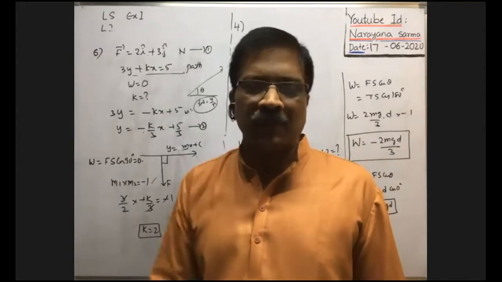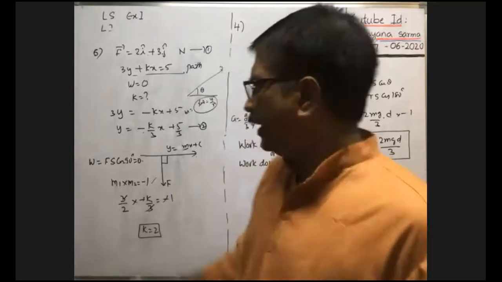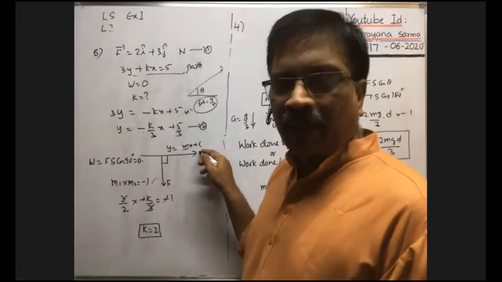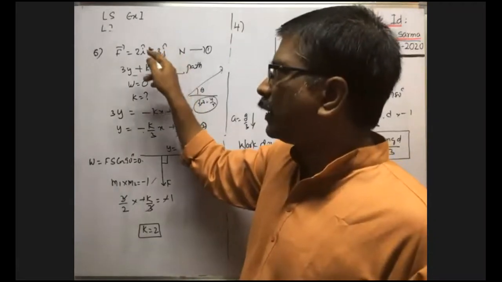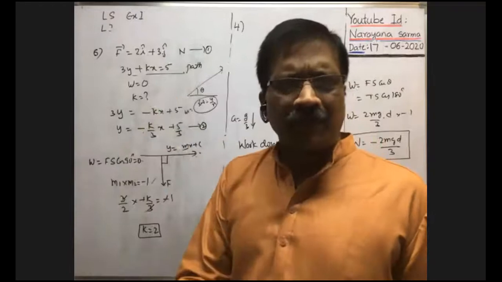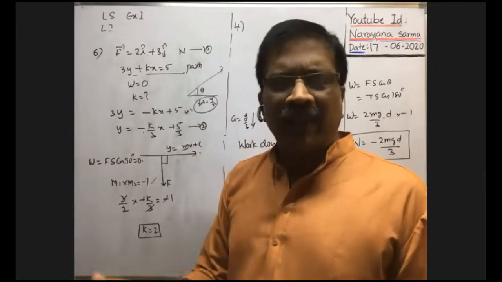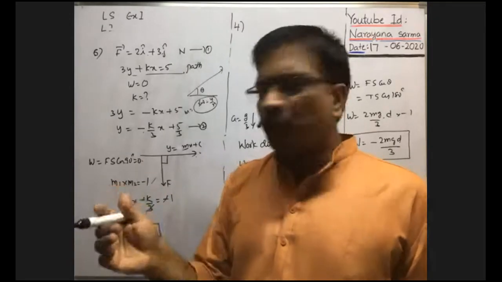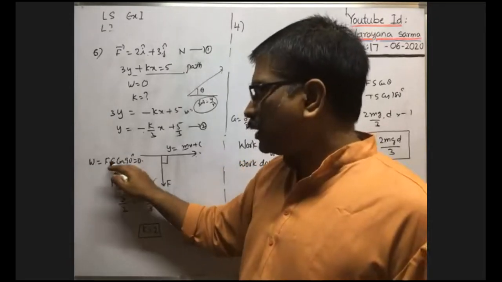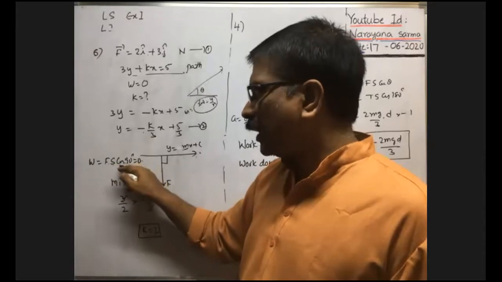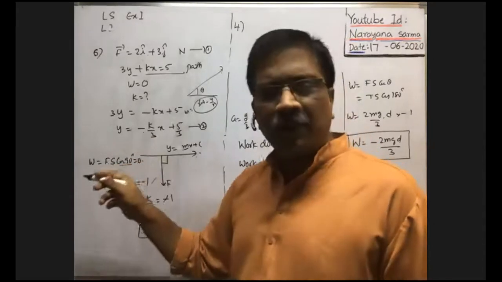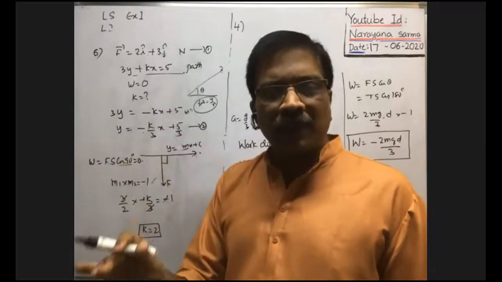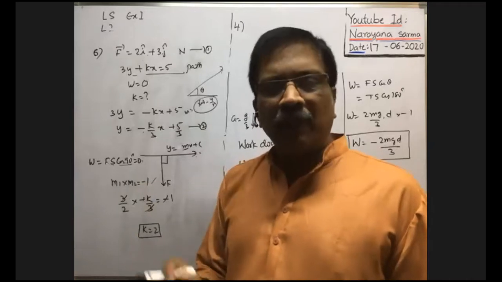How many times do I have to say? Look at it. Here, the particle travels along the straight line path, and the applied force is this one. Due to this applied force on the particle, no work is done. The work done is 0, given. When is the work done by a force on a body 0? Whenever the displacement and force are perpendicular to each other, then only cos 90 is 0. That's why work done is 0. So indirectly it is given that the force and the displacement are perpendicular to each other.